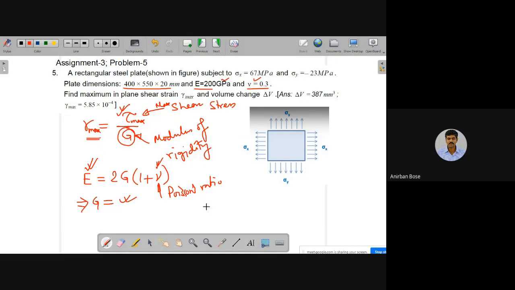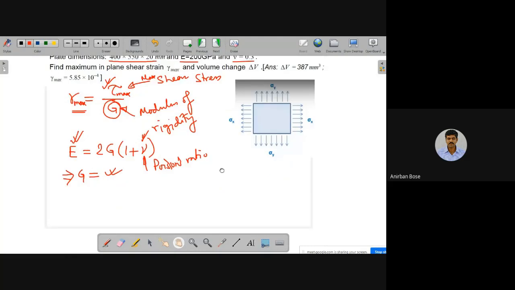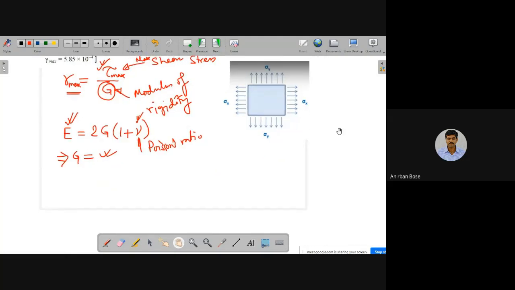So how can we find the maximum shear stress from this state of stress that is given on the element? To find that, we have to draw the Mohr circle of that. So the Mohr circle, if you draw,